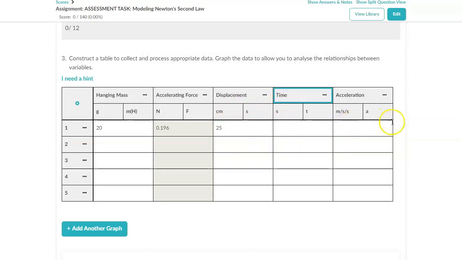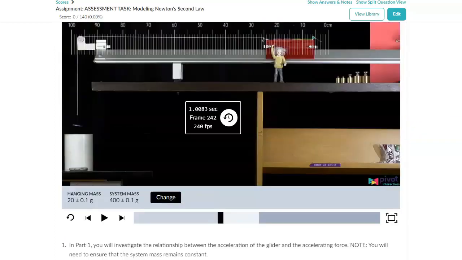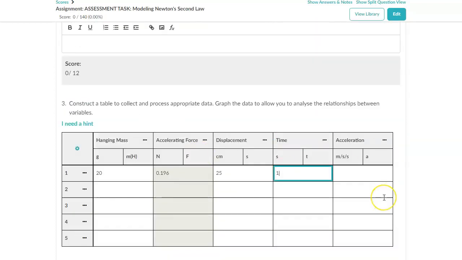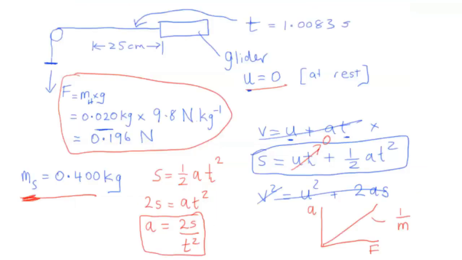The time is whatever we recorded, so that was 1.0083. Okay, now I use my formula, and my formula, recall, was acceleration equals 2 times displacement divided by time